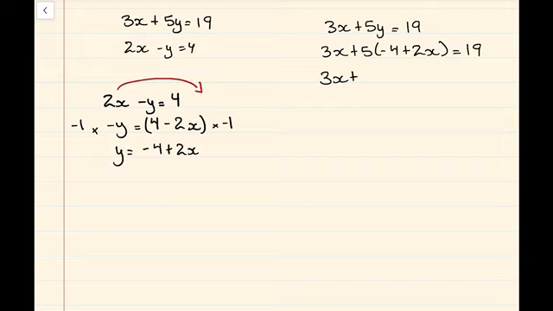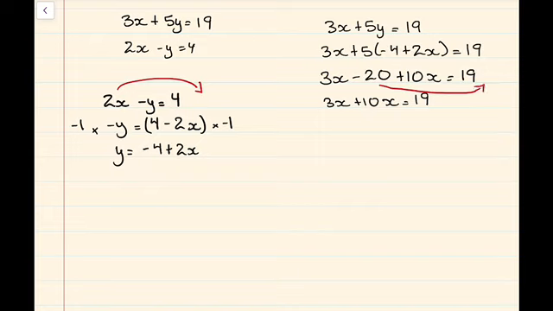So now we are going to multiply out the bracket. 5 times negative 4, that's negative 20. And 5 times 2x is going to equal 10x. And that's going to be equal to 19. And so then we have 3x plus 10x is equal to 19, and when we carry over the negative 20, it'll become a positive 20. So 19 plus 20. So 13x is going to equal